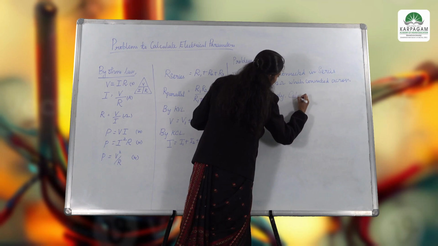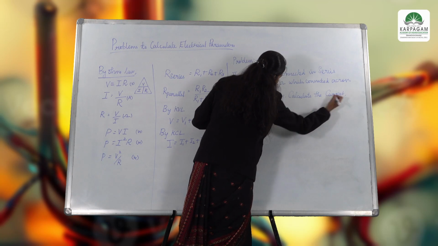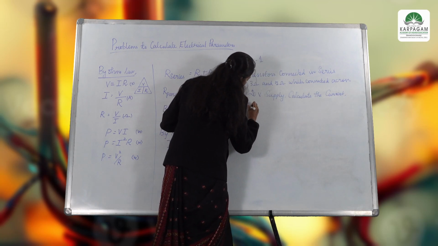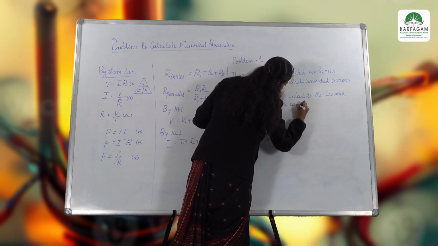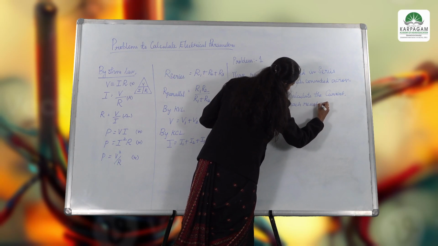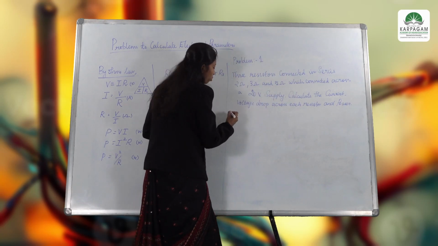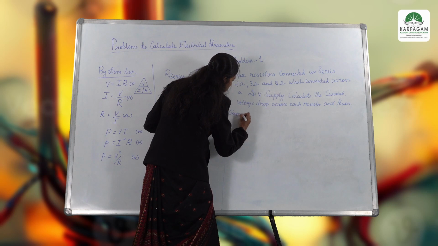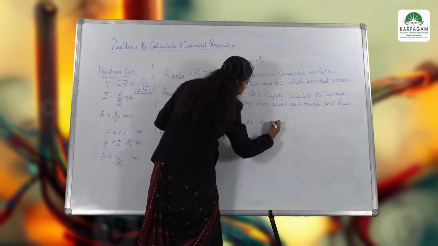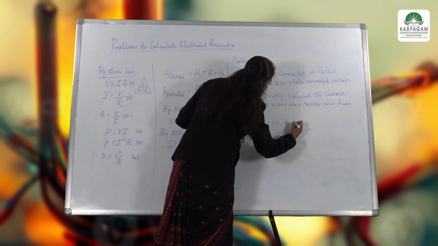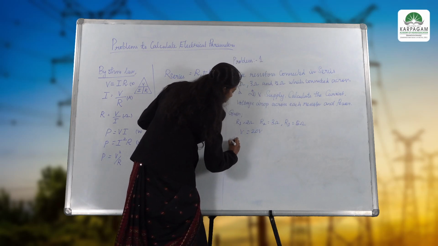We are supposed to calculate the current, the voltage drop across each resistor, and the power. So from the problem it is clear that we have 3 resistances: R1 is 2 ohms, R2 is 3 ohms, and R3 is 5 ohms, connected to a voltage supply of 20 volts. And the solution is,